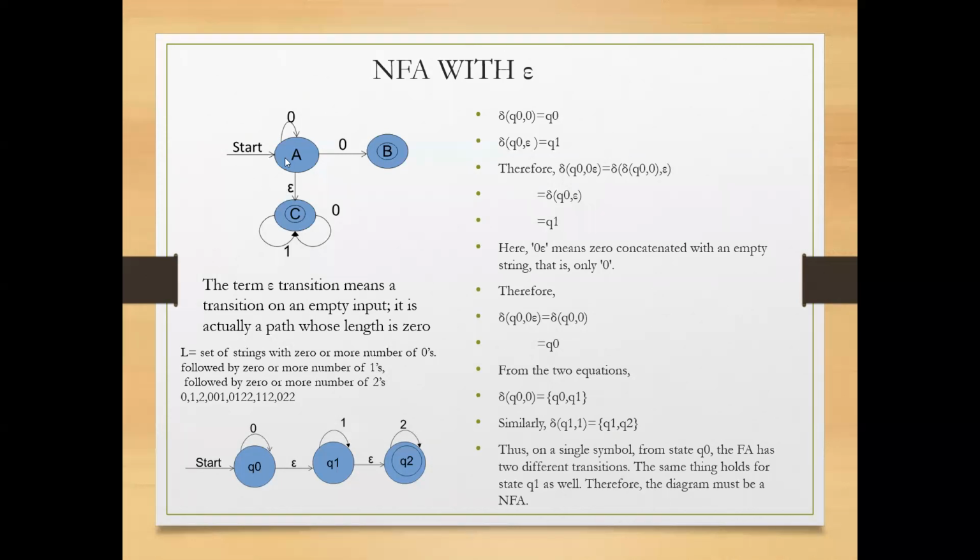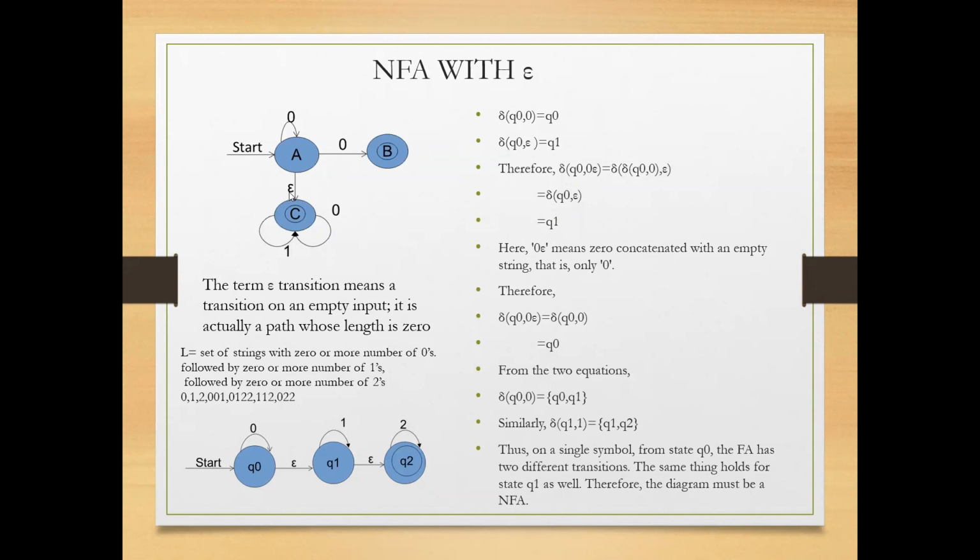You can show the transition from initial state to final state on epsilon. So actually that particular transition, we used to say that it has no length, or it is a path with 0 length. So this is how epsilon can be used in NFA to show empty input acceptance. Now consider this another NFA which is there, and yes, one more thing, the epsilon transitions